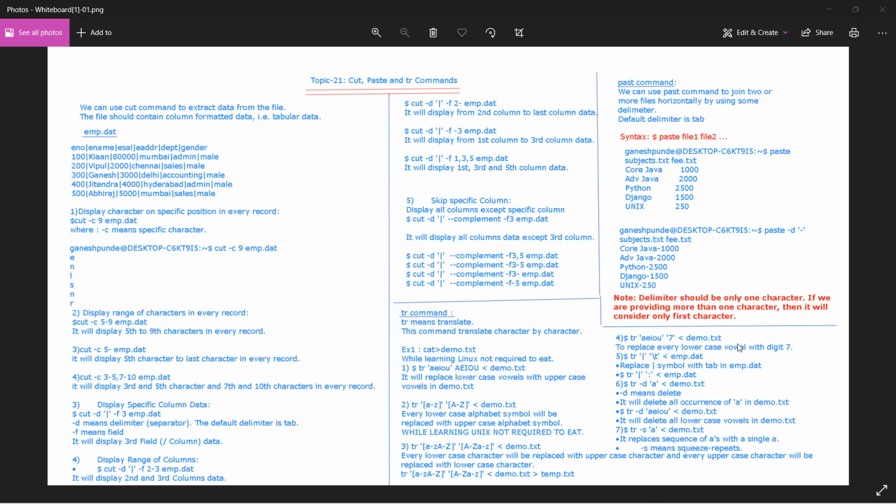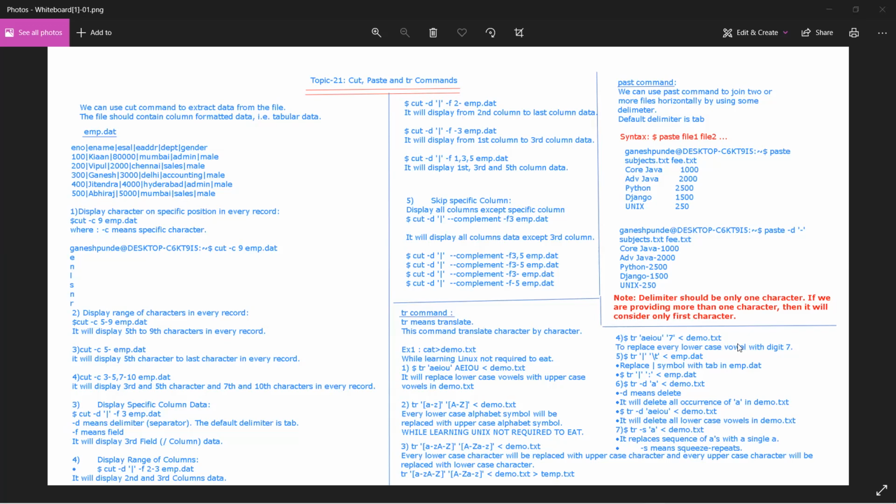So what it will do is translate the lowercase characters into uppercase characters, right? And the uppercase characters into lowercase. And if you want to save this output, you can save it into a file, that is temp.txt. So how can you do that? By using the redirection operator, you can save it in tmp.txt.